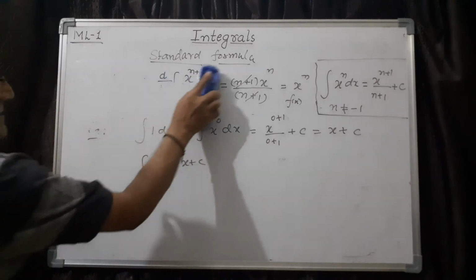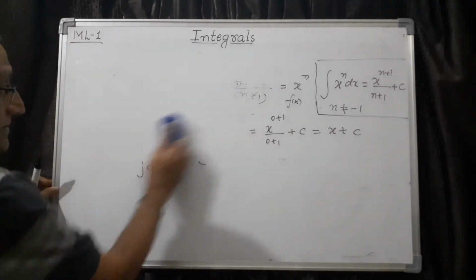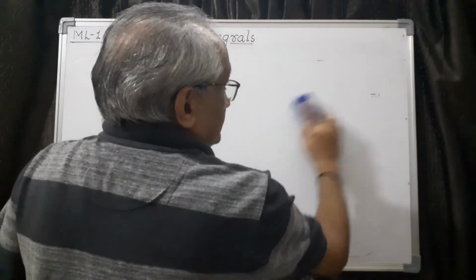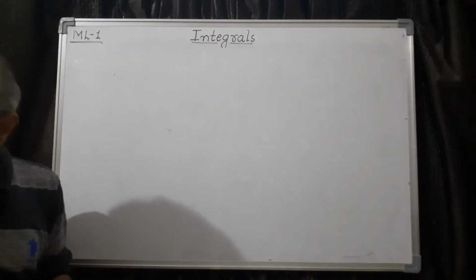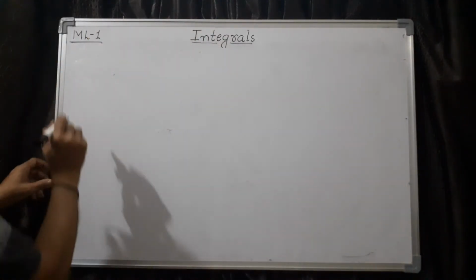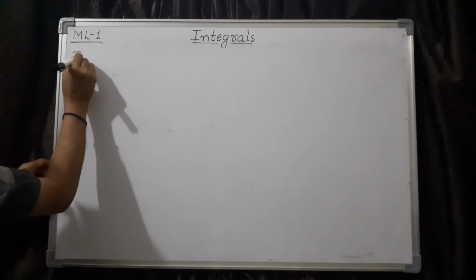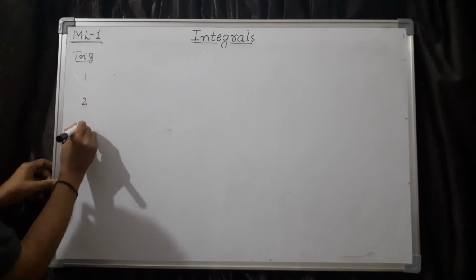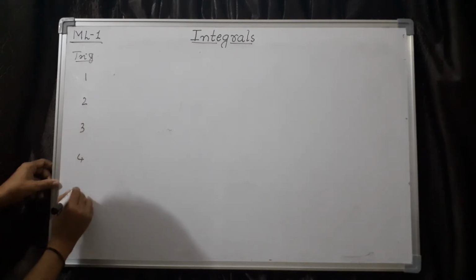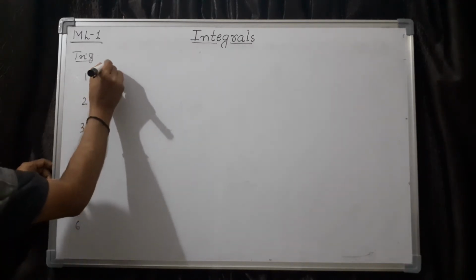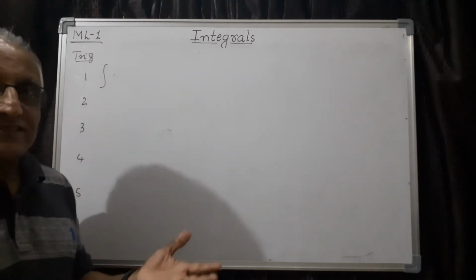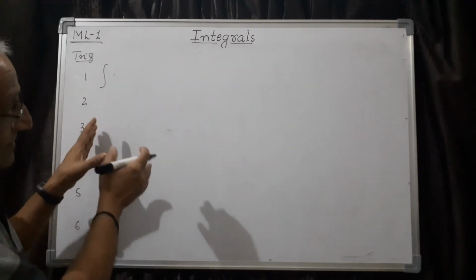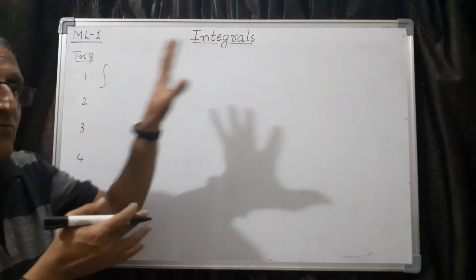Now let us discuss the next standard set of 6 formulas, that is trigonometric functions. So let us take the second set, trigonometric. Let me write here 1, 2, 3, 4, 5, 6. First I will write the formula because I know it, but you should write it first, and then you should also know how this formula is obtained.